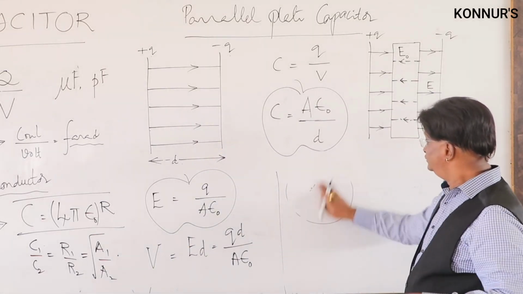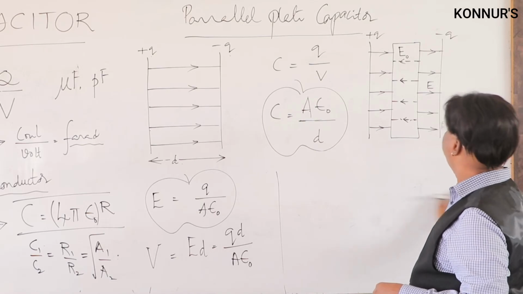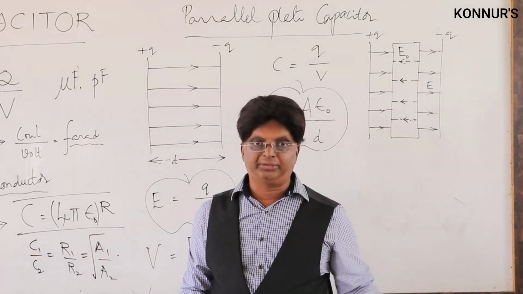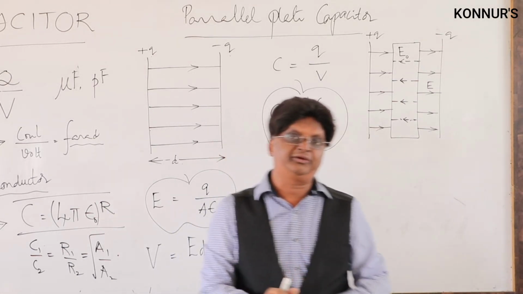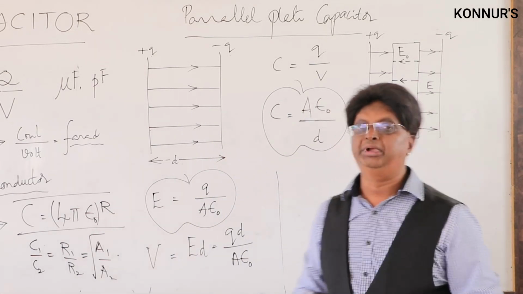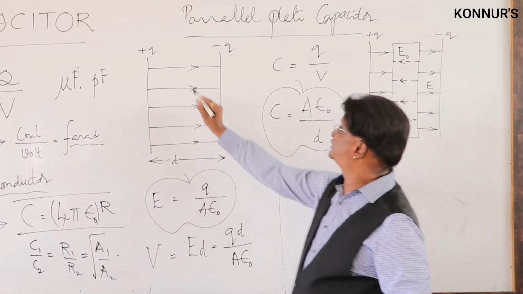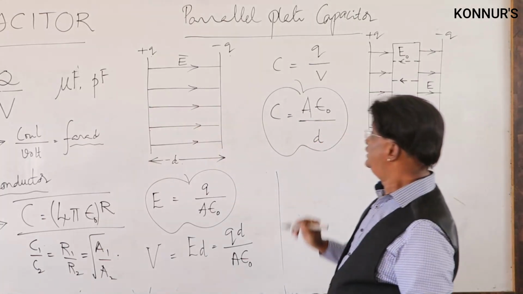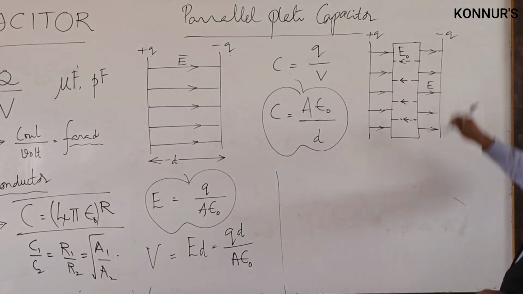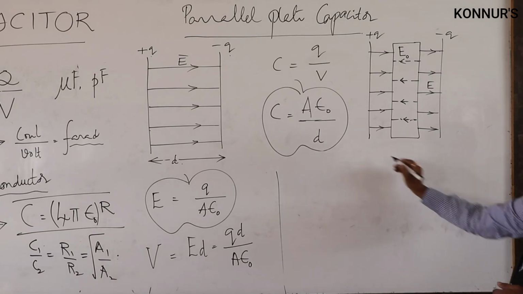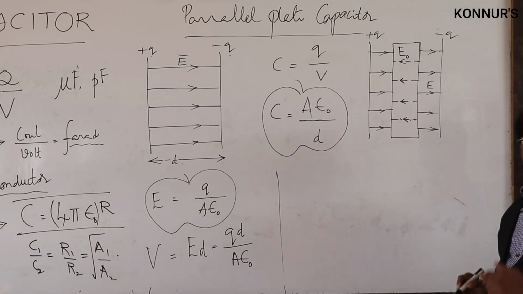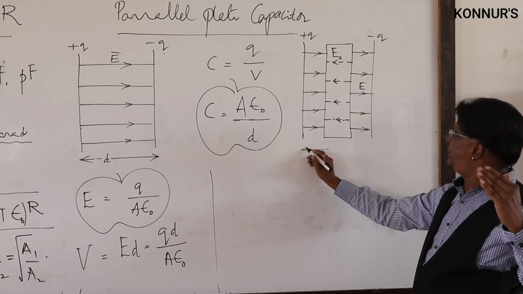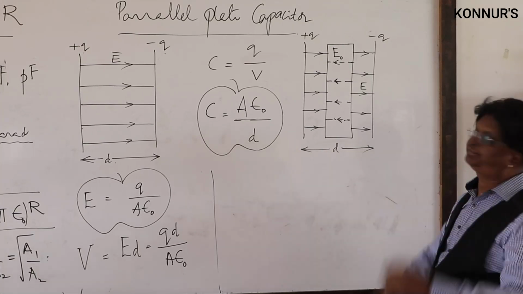And now we are discussing the effect of dielectric on the capacity of a capacitor. Earlier we told that the capacity of a capacitor depends upon the surrounding medium. Here you have found the electric field intensity E bar directed from positive plate to negative plate. Now what is the change that will come here? Now one more figure you will find here. I have shown this is again a capacitor, parallel plates, each of surface